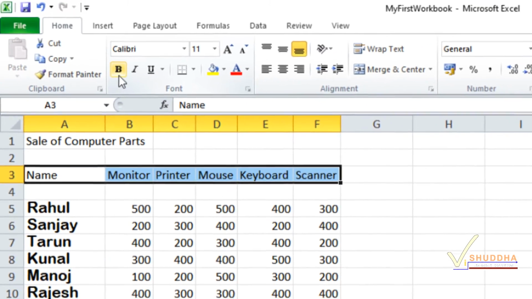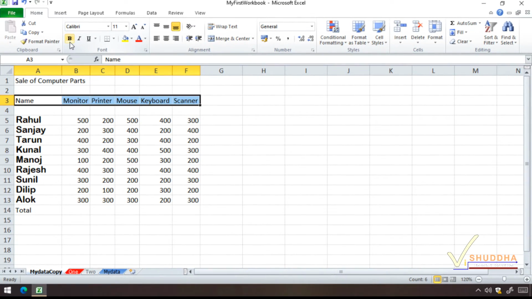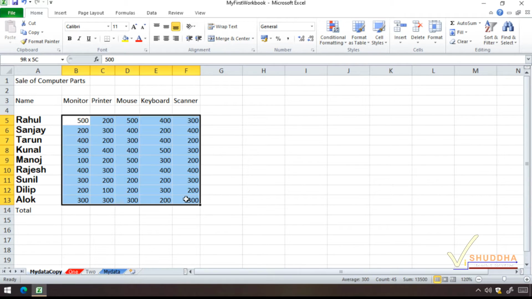Now let's see how to change the alignment of the data. In order to change the alignment of data, you need to select it first. In order to select these all numeric values, I will click in the first cell and then I will press the shift key from the keyboard and then I will click in the bottom last cell. This performs the rectangular selection, and now in order to change the alignment, I will go to the alignment group